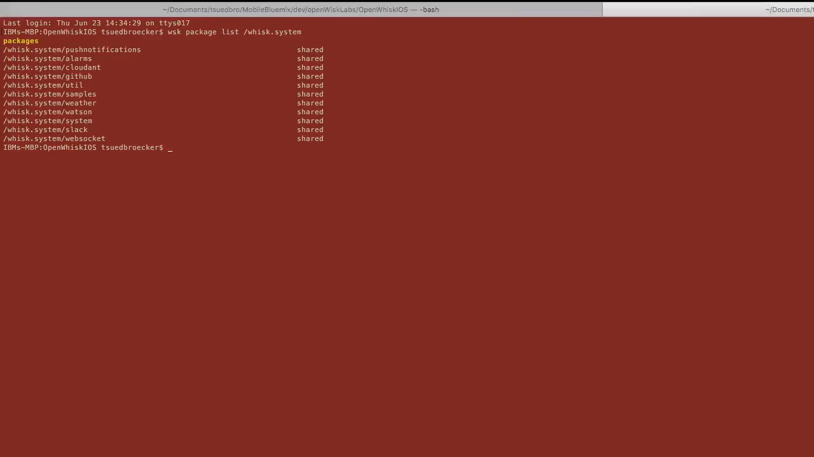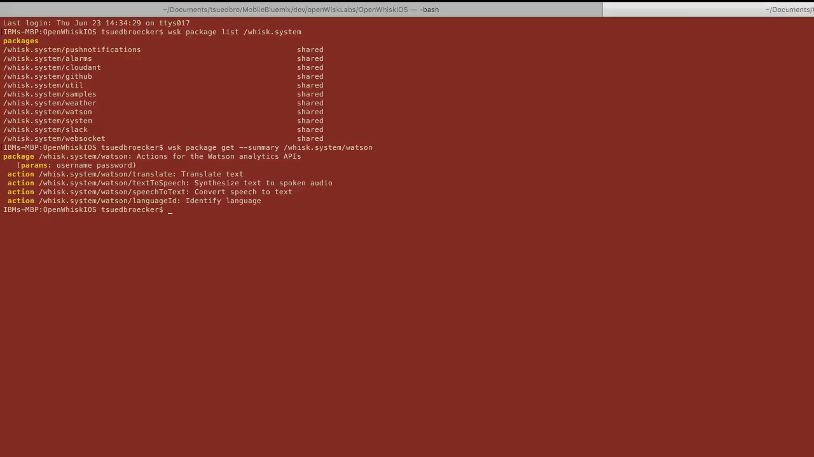So maybe more details about the Watson services which are available in the Watson package. So we can take a look in the summary, and when we take a look in the summary, you can see there already integrated the translation, identify language, and these are the functionalities which are available. And then I will list the packages or the actions and information I have on my account, and that's what you've seen already